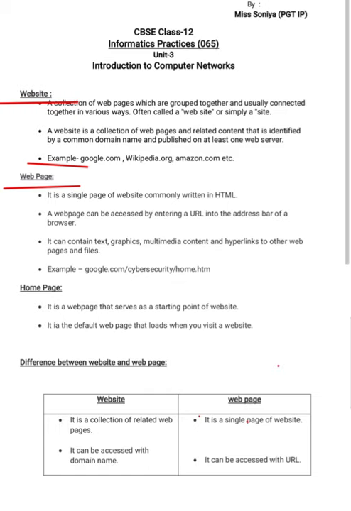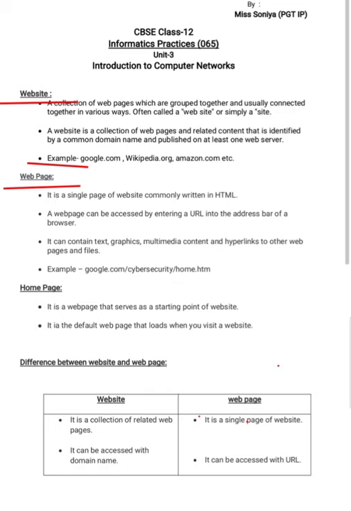Generally the static pages are written in HTML. In a general way, we say that websites or web pages are commonly written in HTML. If we want to access a single page, we access it using the URL of that page. For example, google.com/cybersecurity/home.html.